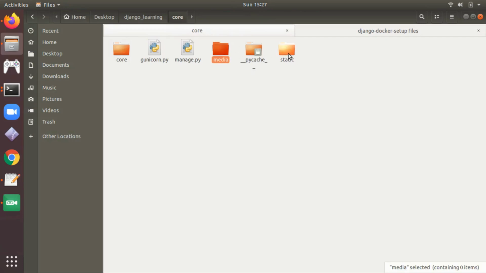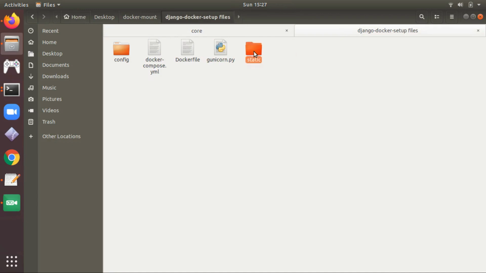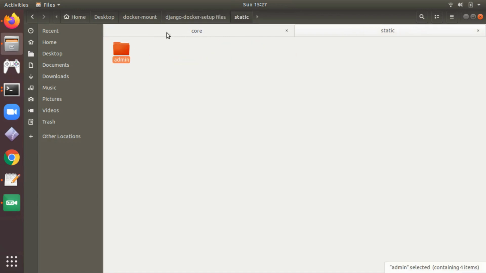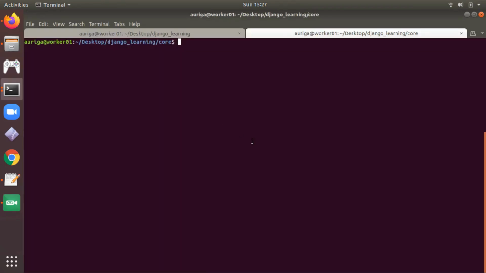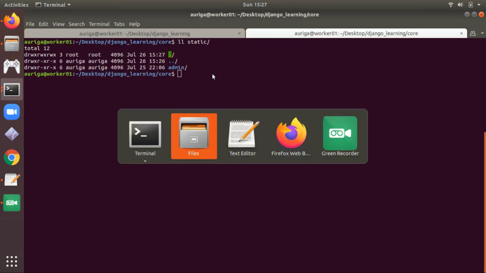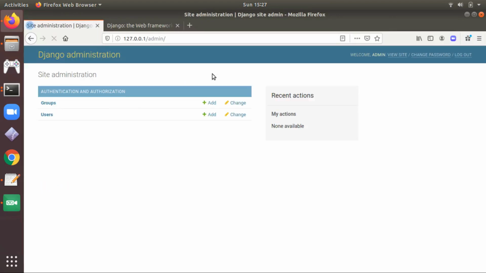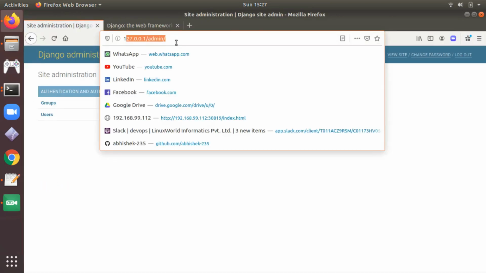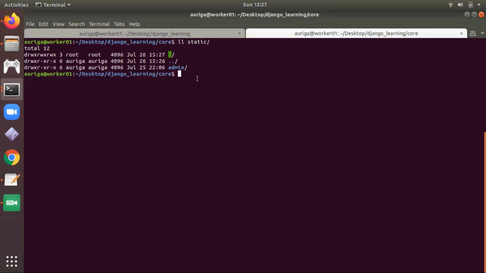You can see now these directories are editable. So here are the static files of admin. I am copying these to the admin directory. So you can also see here, this is the admin file. And now if you try to access admin, you can access the admin. So your static volume is mounted.